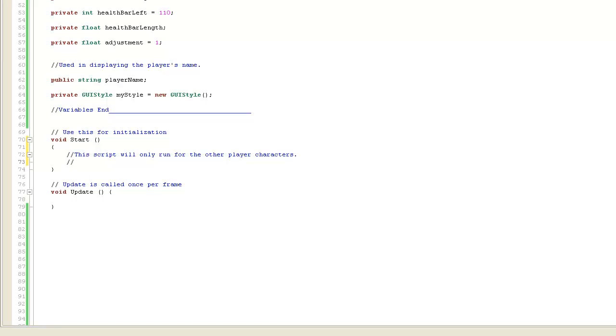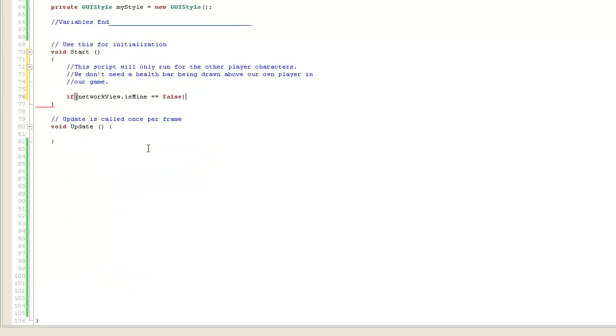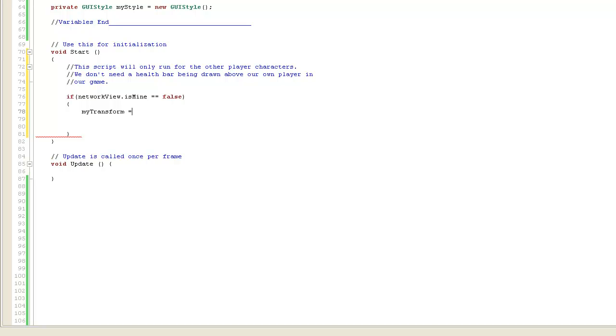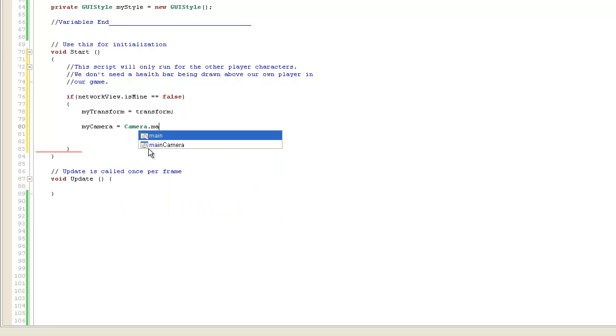We don't need a health bar being drawn above our own player. So we don't need a health bar being drawn above our own player in our game. So right here, if network view dot isMine is false, then my transform is equal to transform. My camera is equal to camera dot main,